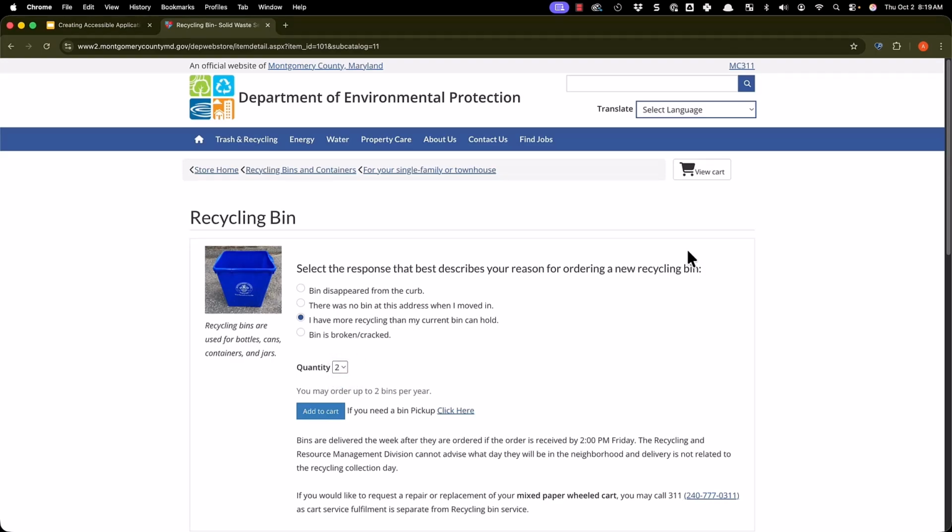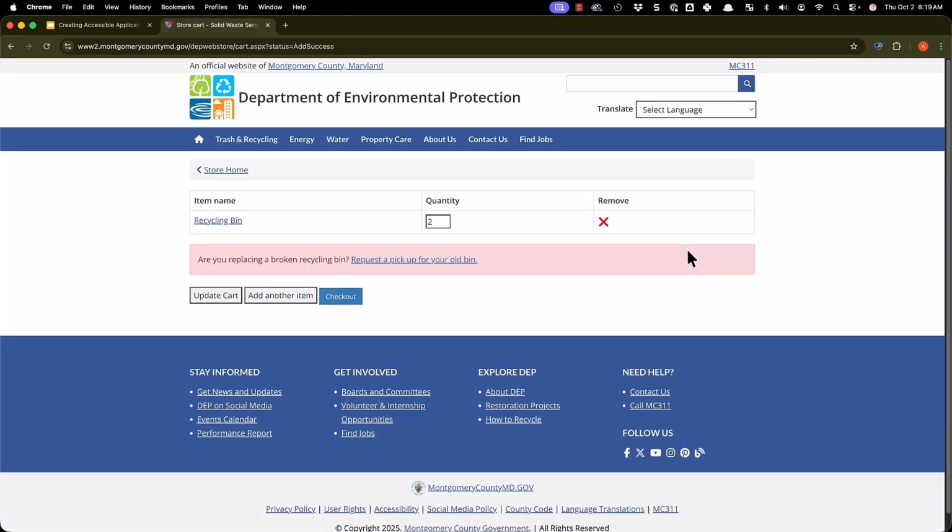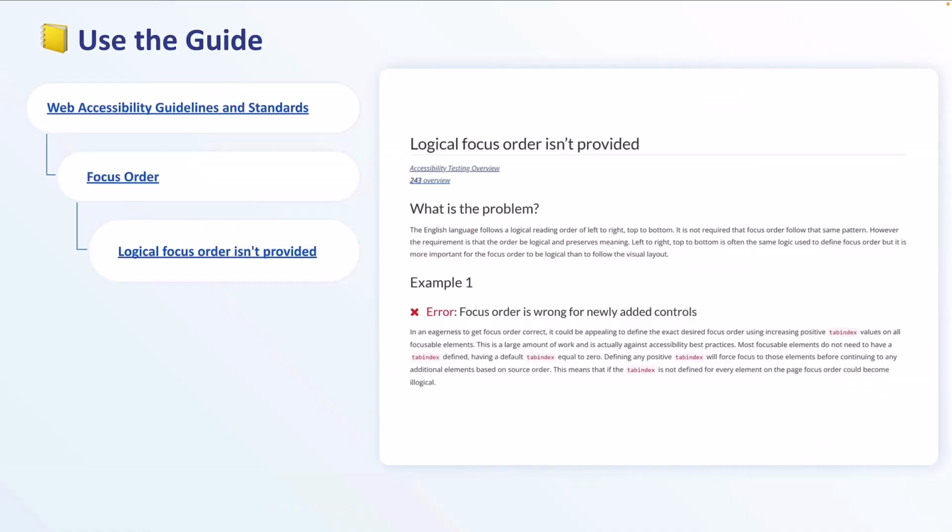So in this case, I needed to select from a set of radio buttons and control a quantity combo box. And now I need to add this to my cart using a button. If I press the Enter key, this process is really simple. Never touch your mouse and see if you can do everything within your application only using the keyboard. You can find more information about this requirement in the Web Accessibility Guidelines and Standards underneath Focus Order and Logical